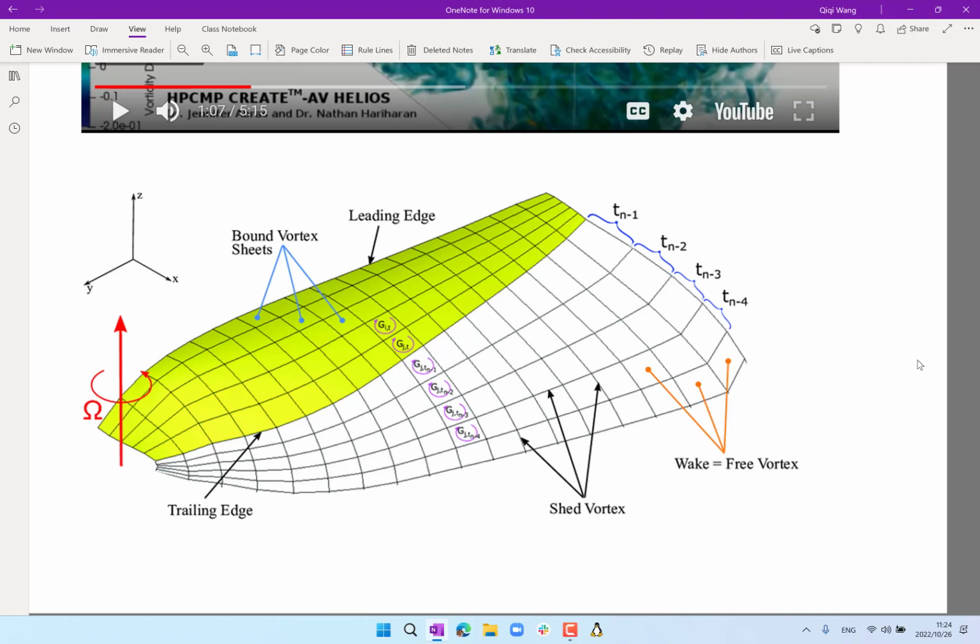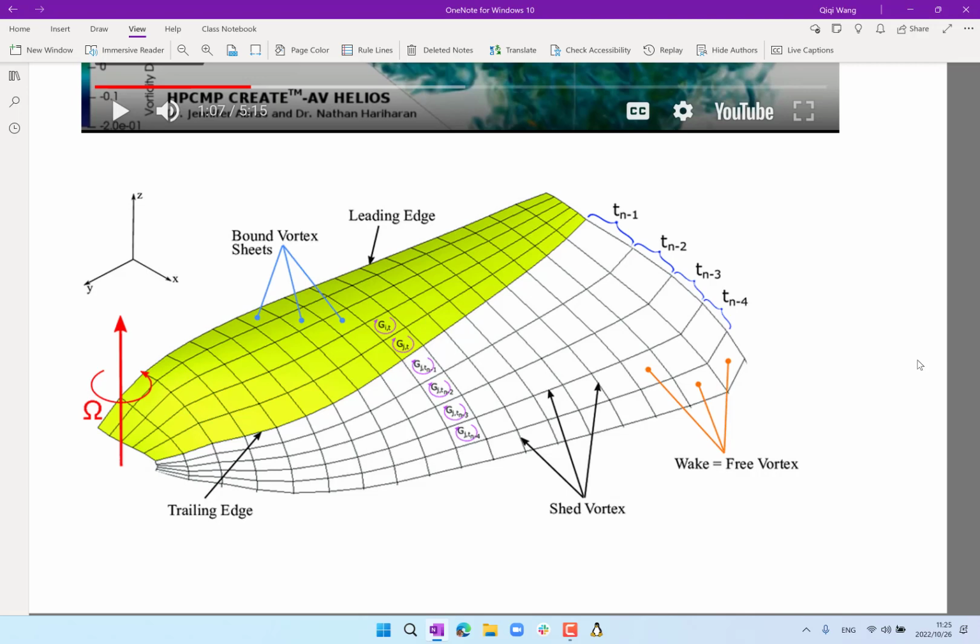When these vortex rings get distorted too much, beyond recognition, you have to merge them and diffuse them as if there is viscosity. But once you do that, the flow around the helicopters can be pretty well computed by these vortex lattice methods,